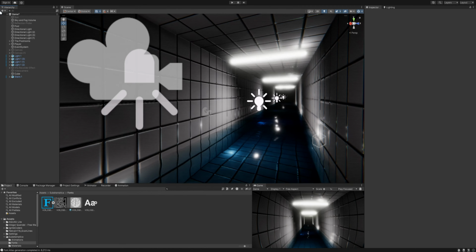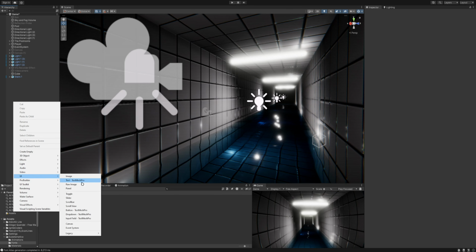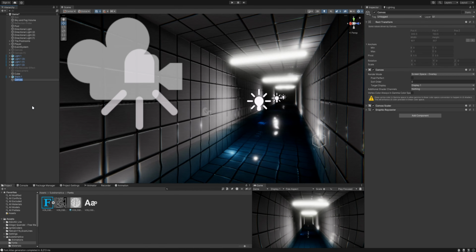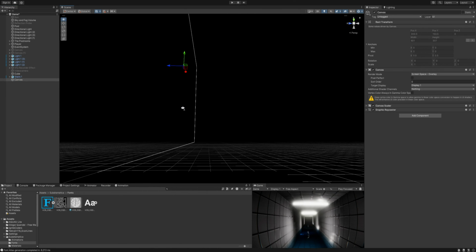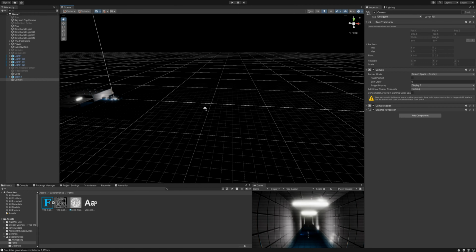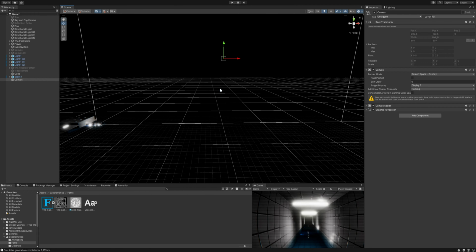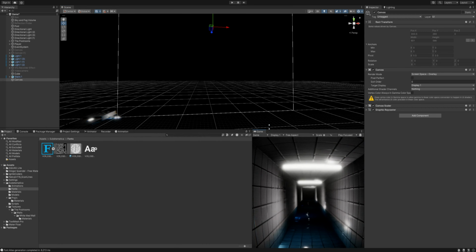You just go into your hierarchy, right click, UI, and Canvas. The canvas is like a massive rectangle showing your game window. So if I make this bigger, the canvas gets bigger too,